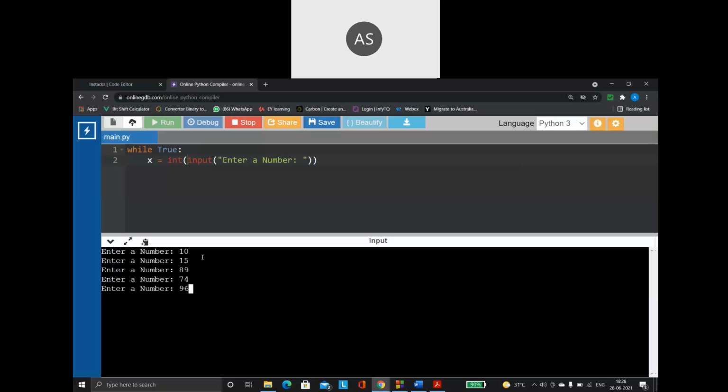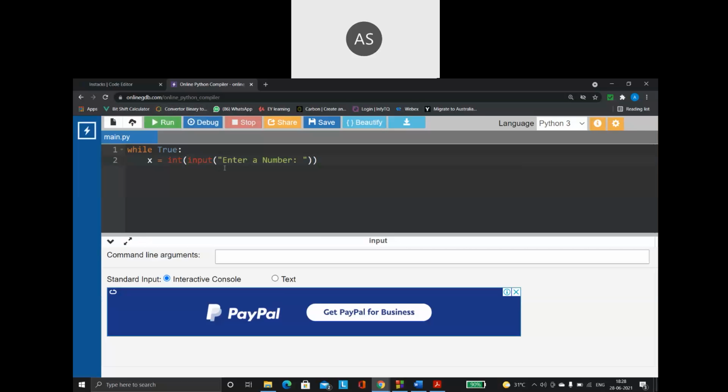Remember one thing, there are situations in a program where you will be required to create an infinite loop. Whenever a situation arises like this, it is the programmer's responsibility to make sure that this loop is getting terminated.